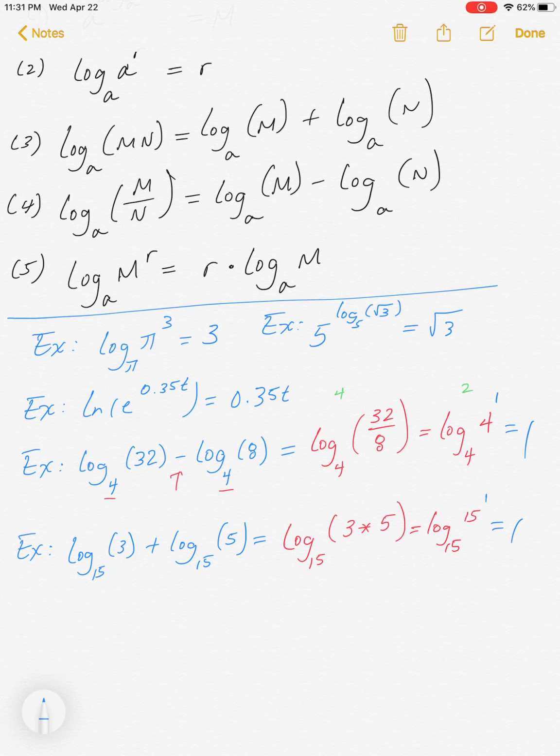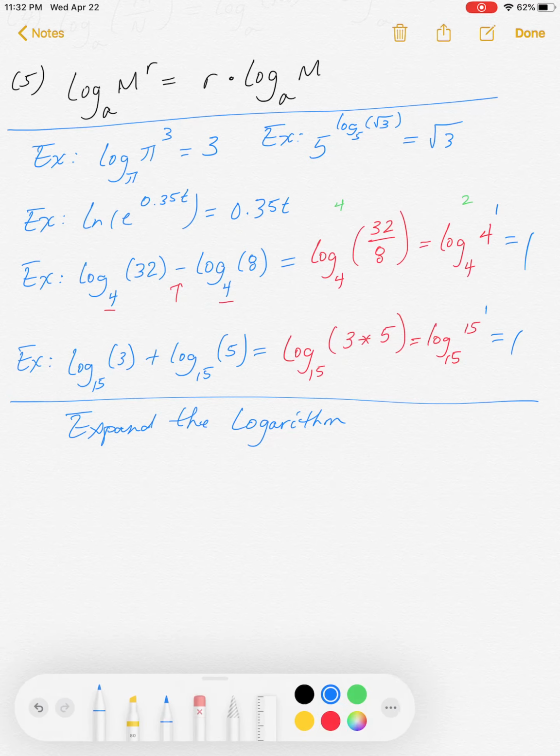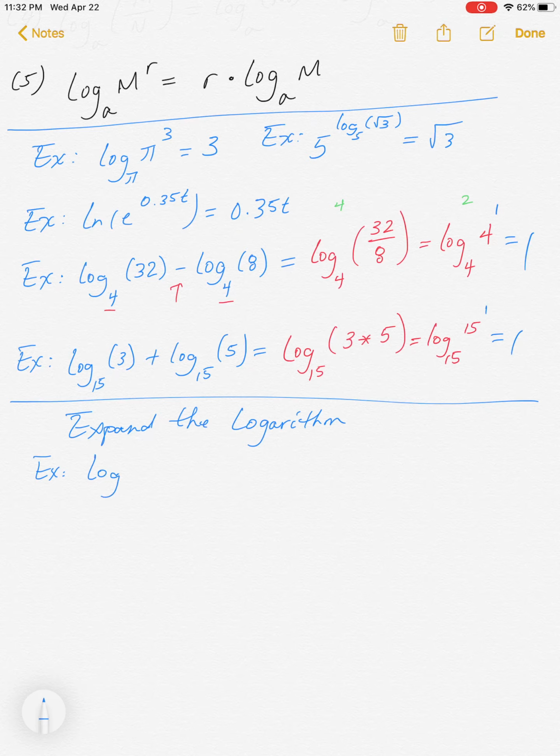At times you might need to expand a logarithm. If you need to expand a logarithm, we need to know how to expand that guy, right? So let's see here. Let's do an example where we're actually expanding the logarithm. Alright, so let's say, expand the logarithm. Alright, so we have log base 6 of 36x,